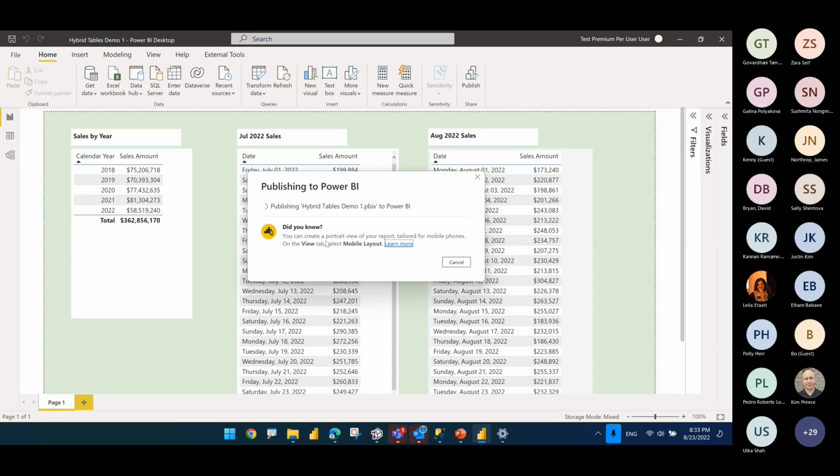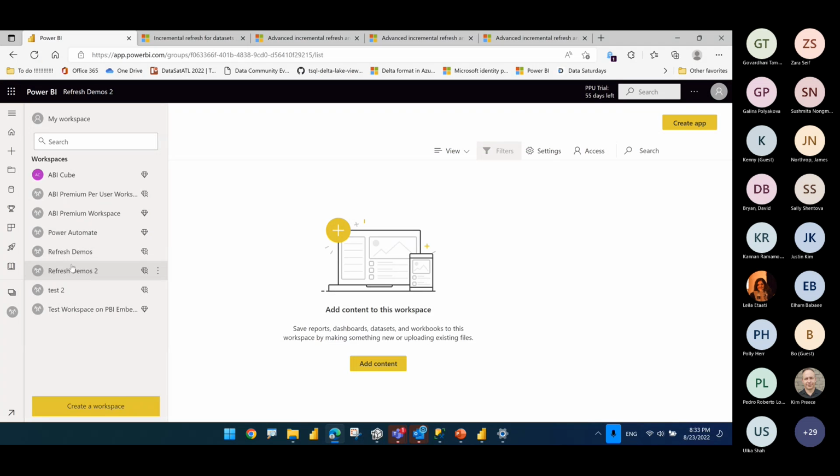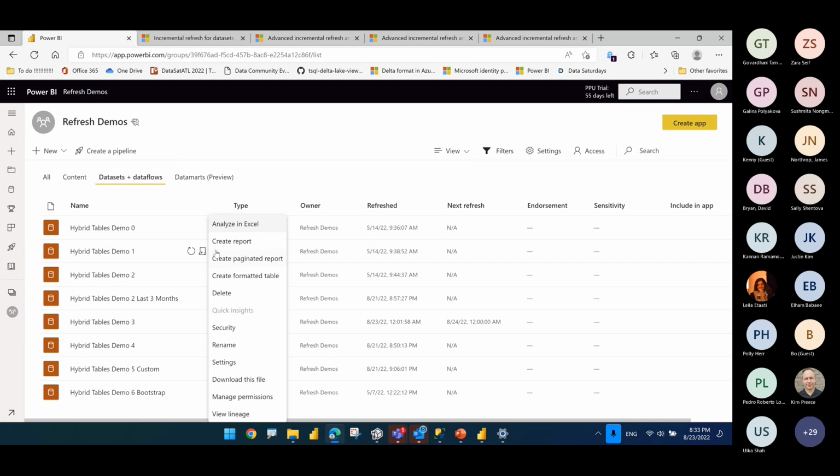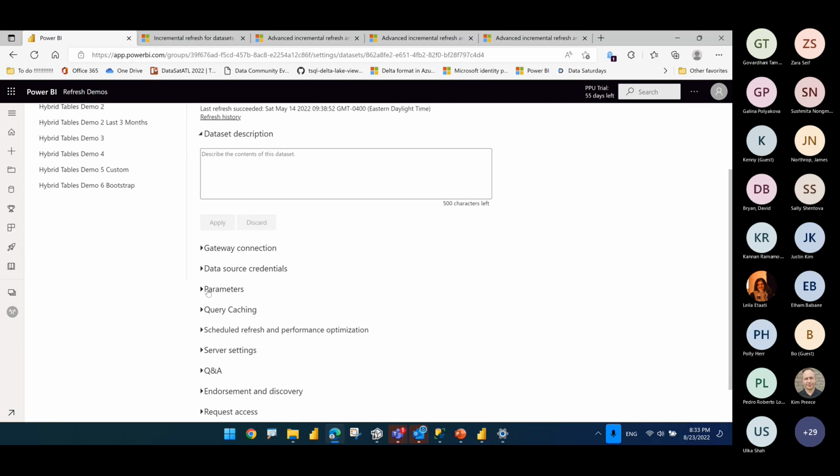All right, while this is working on publishing, let me go into my other workspace that I've published this to before, thankfully. So this is the same file that I've published before. While it's working on that one, let me show you this one. Once this publishes, you can go to the settings and look at the parameters, okay?